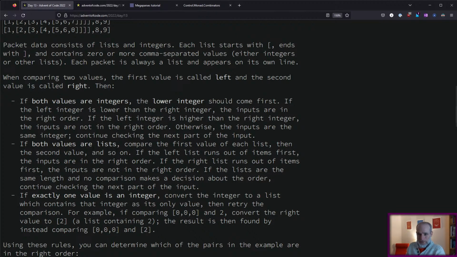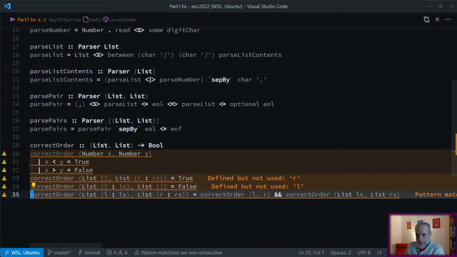So we compare the first of each list and the second and so on. I actually think this is slightly wrong. So we want to say